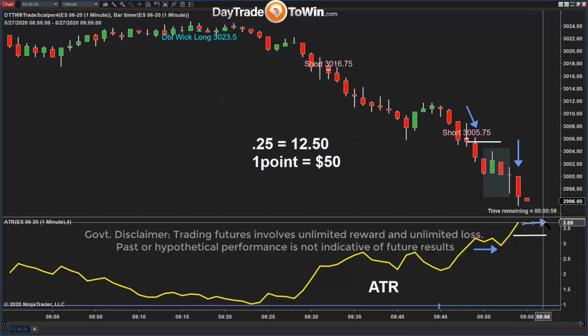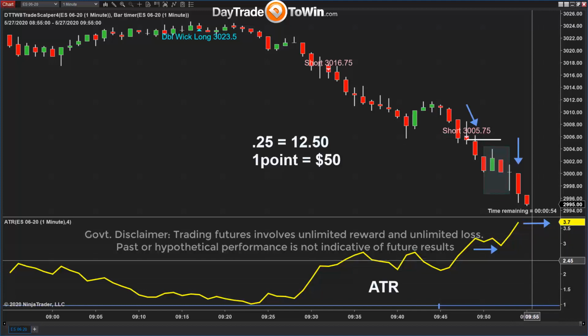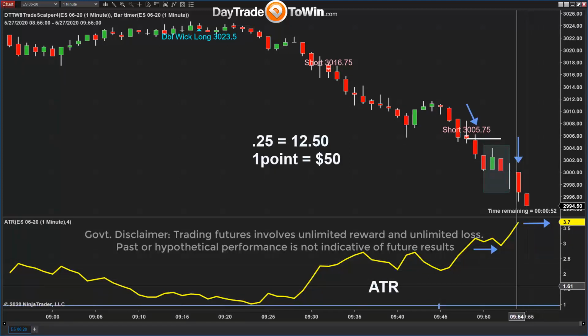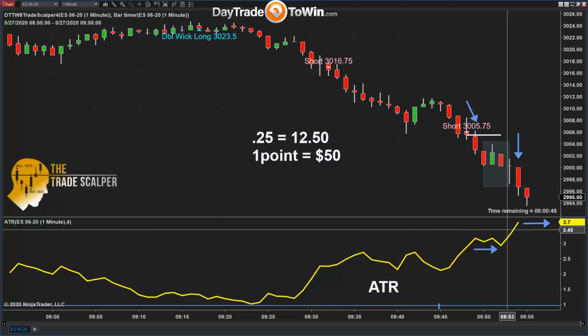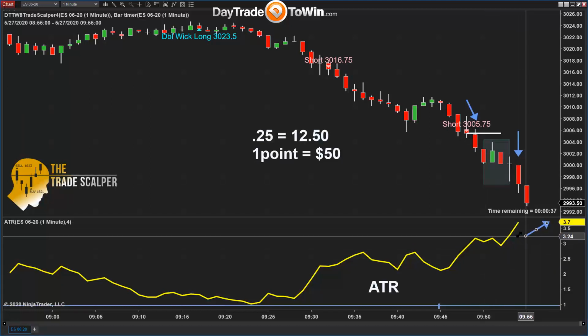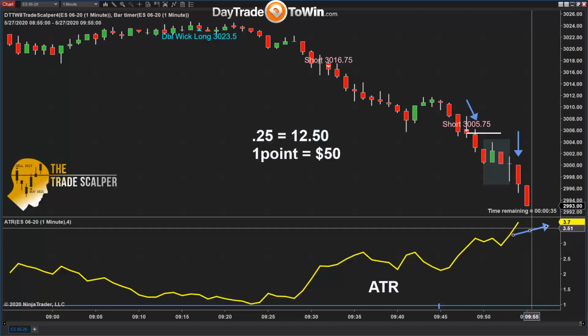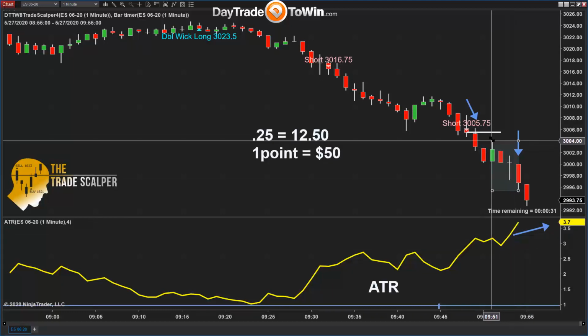Is going to be pretty much equal to the ATR of the last four candles. So that's what the scale is representing. It's representing the distance. Some markets are in points, other markets are in ticks. The currencies, for example, are in hundreds. Some markets are in tenths, but it's really all the same. It's not that difficult to understand what it's saying. It's saying that the last four candles have moved 3.5 points, which is now these four candles.